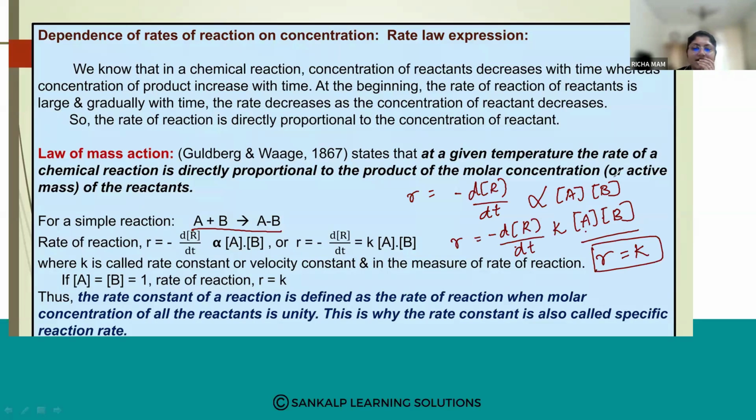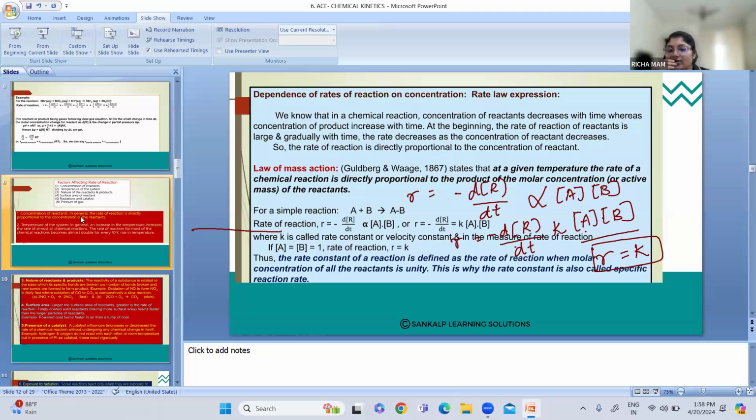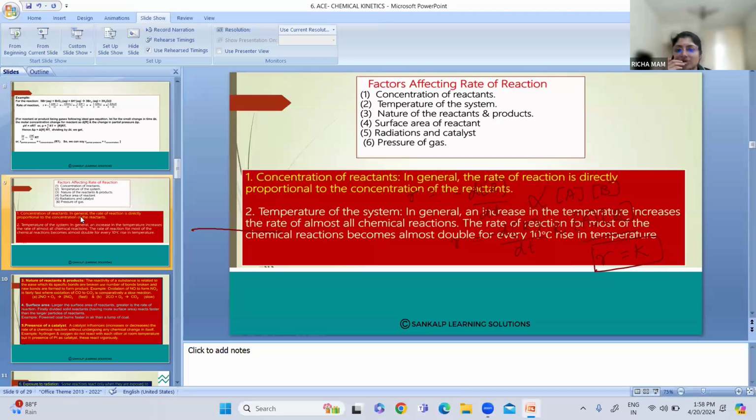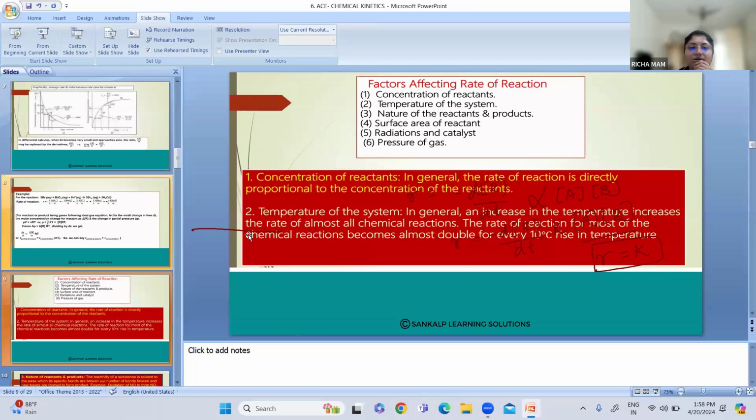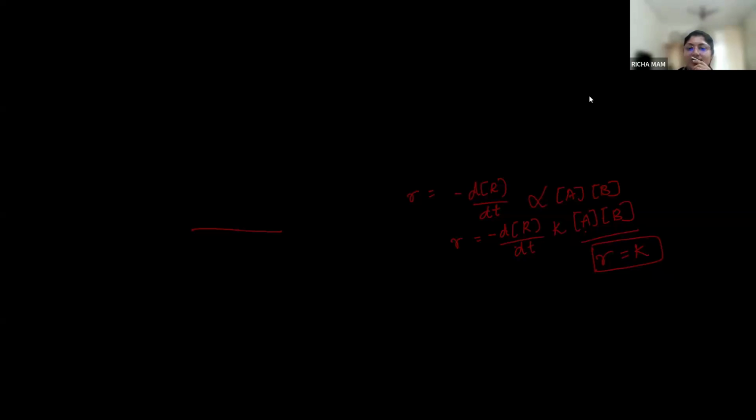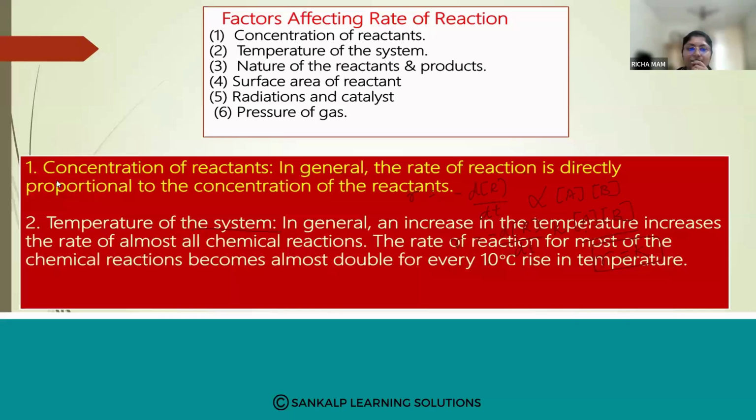So the concentration of the reactants will depend on what? It depends upon the molar concentration. So the rate of the reaction is directly proportional to the concentration of the reactant. This is with respect to concentration, how it affects. Next is the